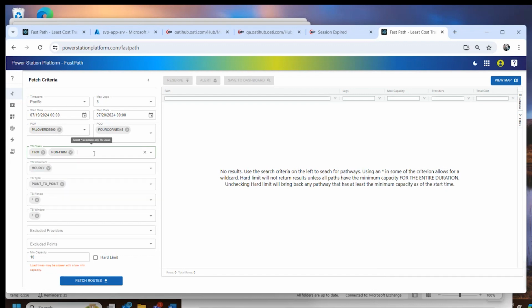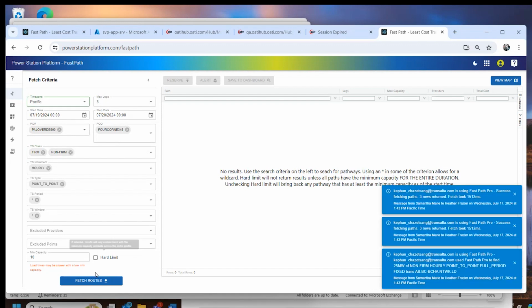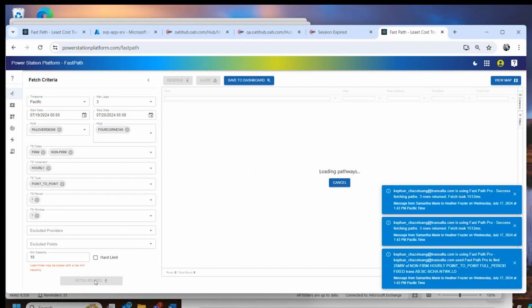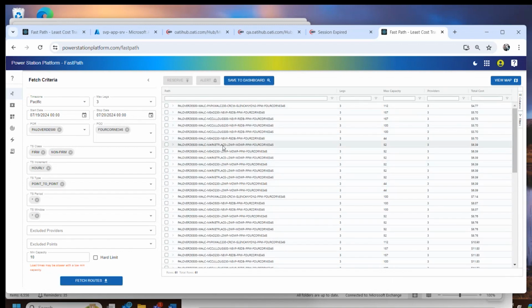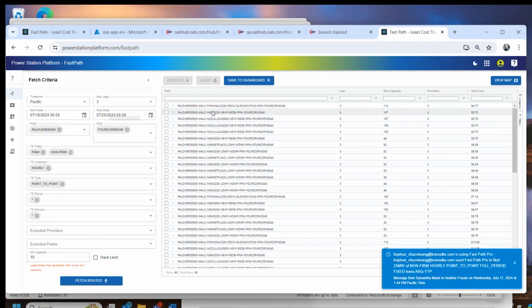So right now, we're just going to look for non-firm. It's going to look for hourly point to point. I'm putting stars for period and window, and I'm looking for a minimum of 10 megawatts. And so when I say fetch routes, it will go off and find all of the routes that exist where there is availability, at least 10 megawatts available between Palo Verde 500 and Four Corners, and